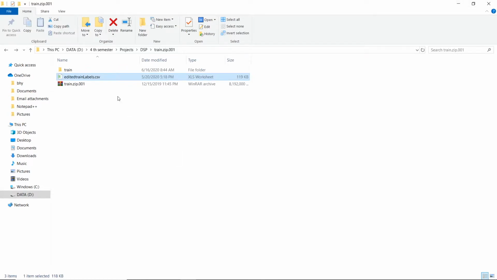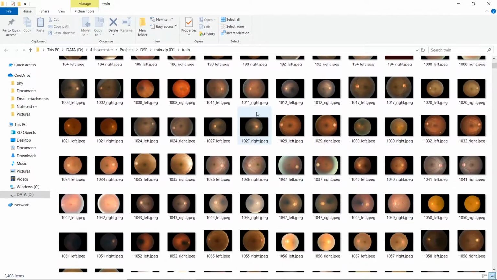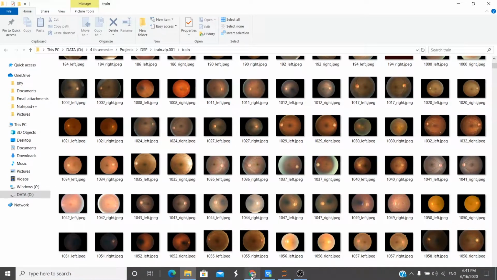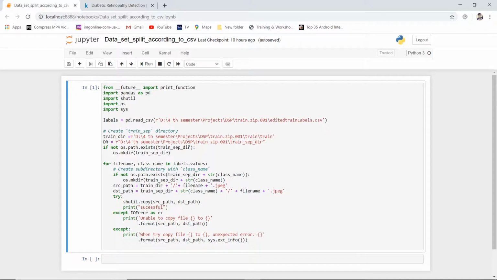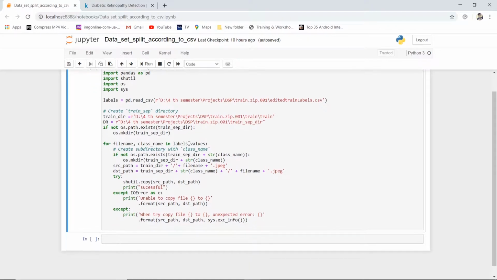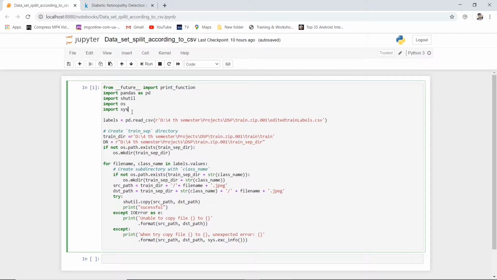Now let's look at the Python code itself. This is the code which you need to run on maybe a Jupyter Notebook or Spyder in order to do this division. Now I won't be explaining it in detail.